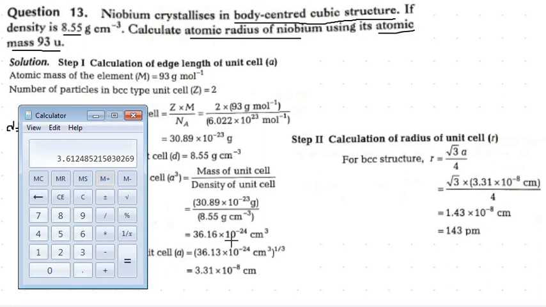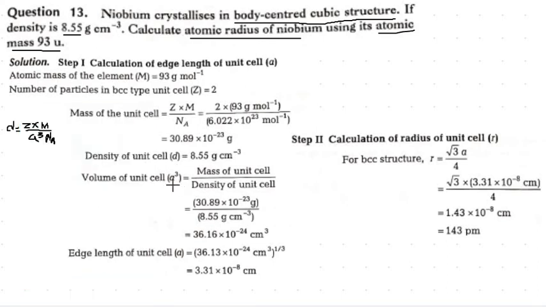So if you wanted to have the answer in 10 to the power minus 24, what you need to do? You need to move one decimal and this will become 36.12. Here you can see the answer is 36.16, which is very close. Okay, directly I have taken 36.16 into 10 to the power minus 24. Why have I taken minus 24? Because what we need to have is this cube root.